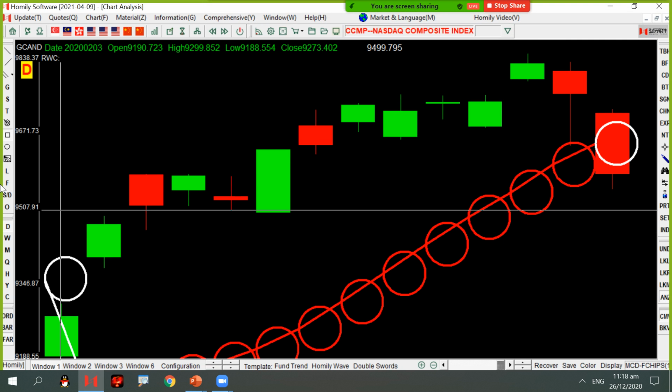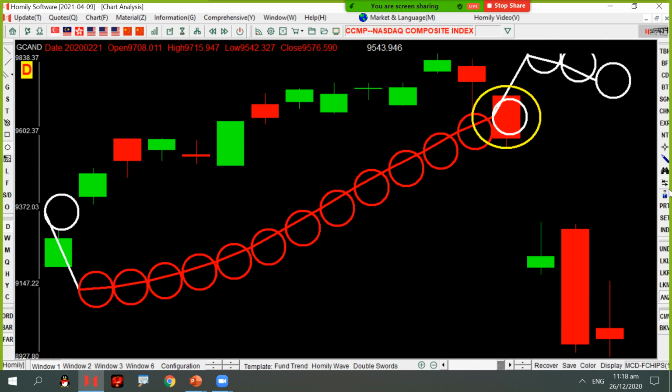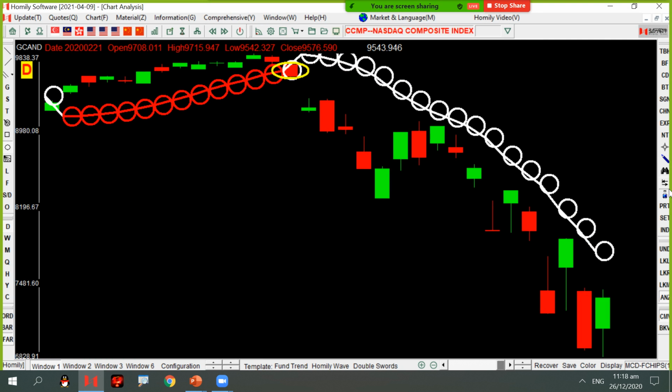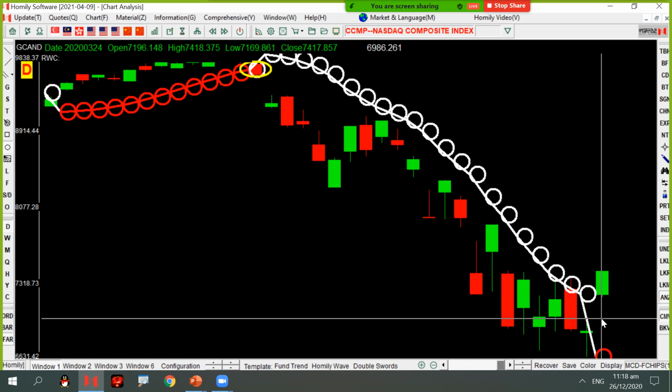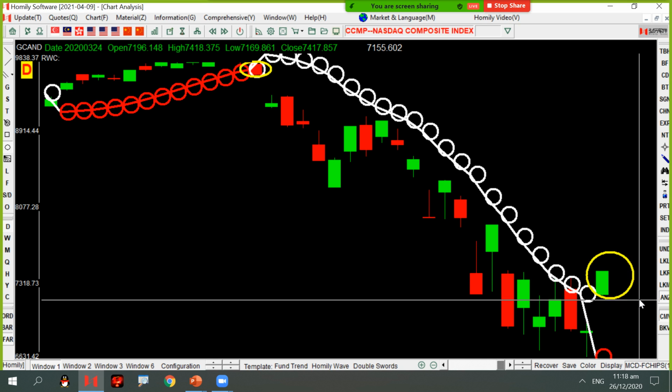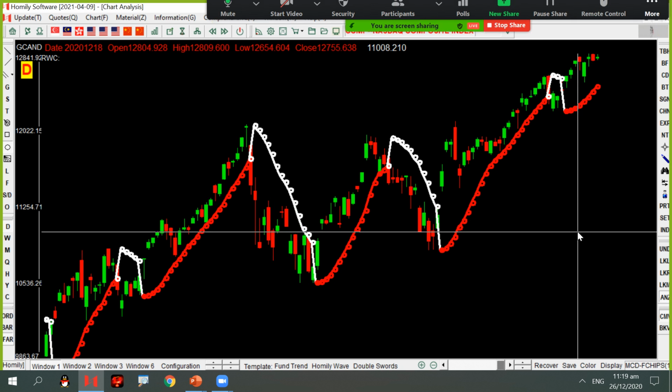If you just avoid, you see, red circle turn white. 21st February, we must sell our position. No need to wait, sell. Then can avoid all the way drop to the middle and late March. And the first red circle we do again. That is how we can avoid the drop. And this is only for Nasdaq.